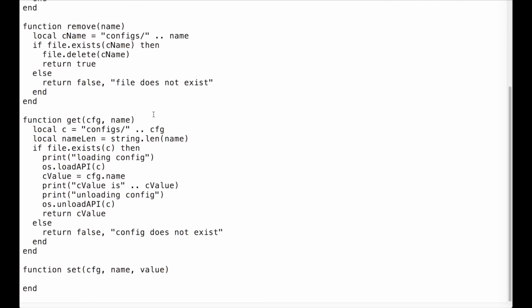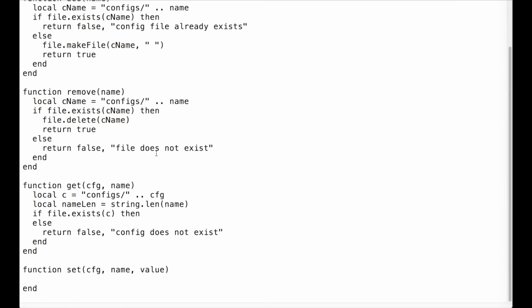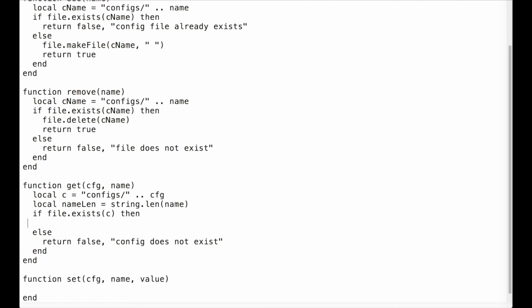So we may need to use fs.open and string subbing after all. It seems like this loading API isn't working. So let's delete all of this load API stuff. Let's work on local